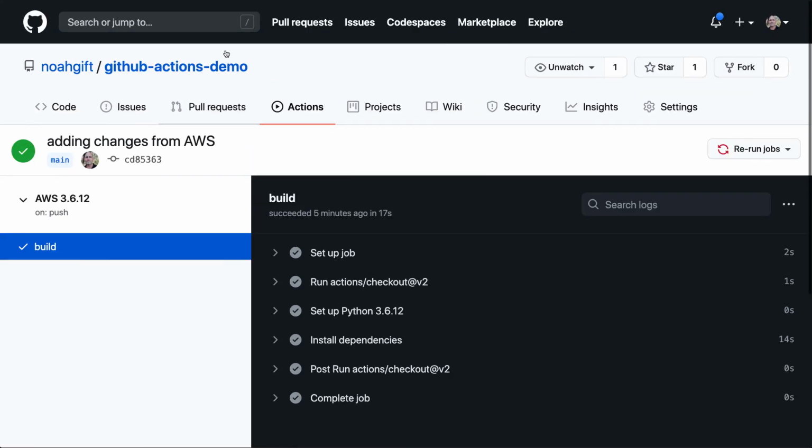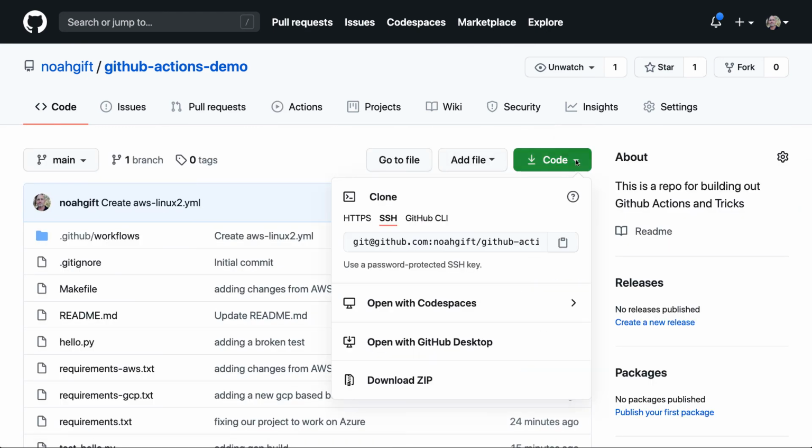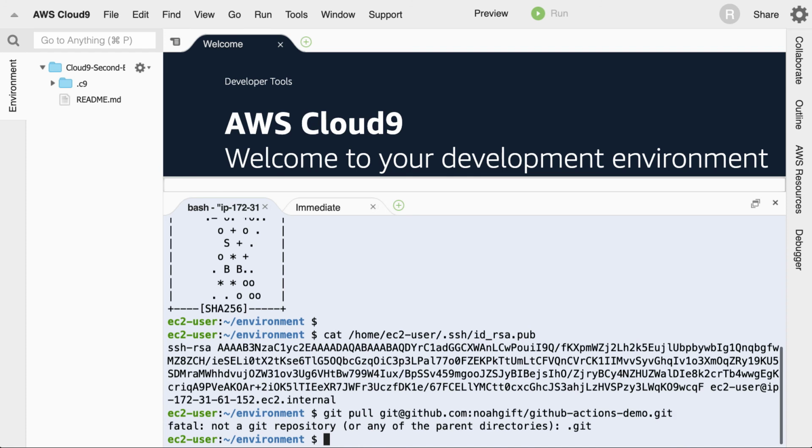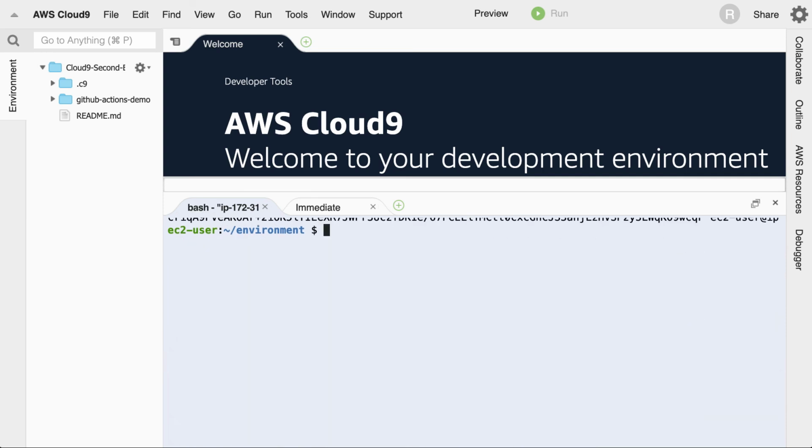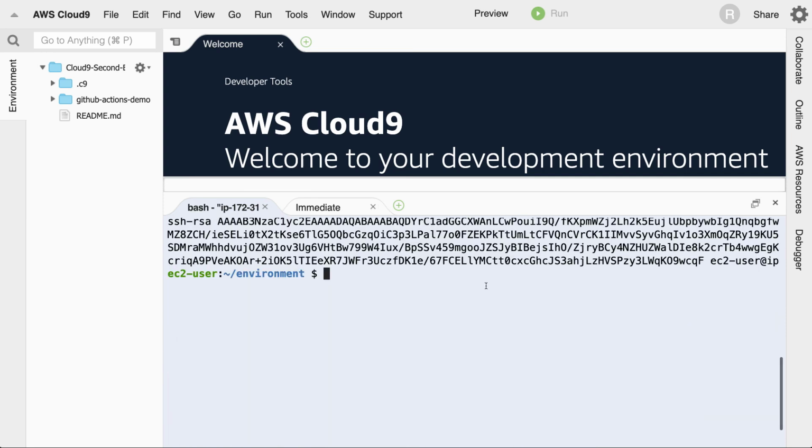So now if I do a git pull of that repo, which is here, I can get to work. So there we go. We got this working. Git clone. I don't want to do a git pull. I want to do a git clone. Okay. Clone this thing. This looks good. And now I'm going to do the Python setup stuff that didn't work before, which hopefully will work,